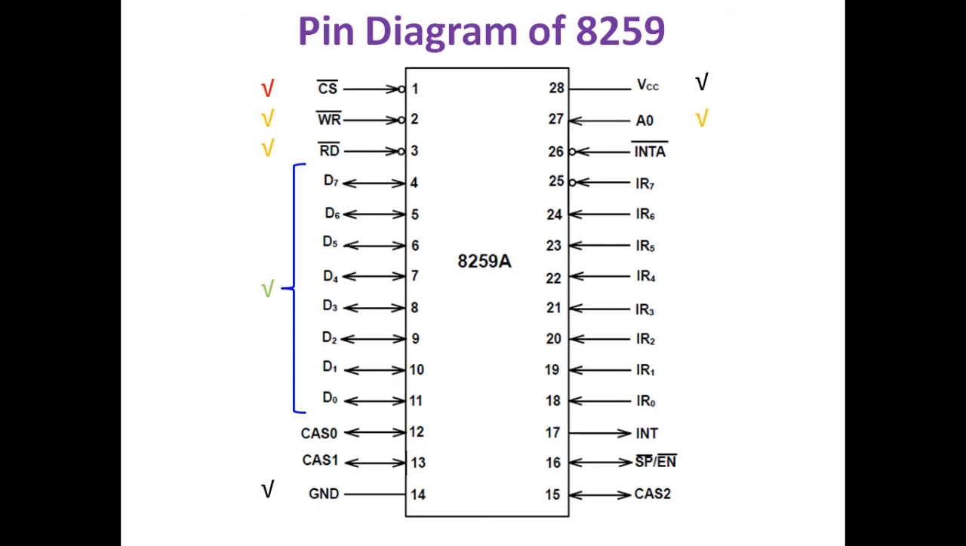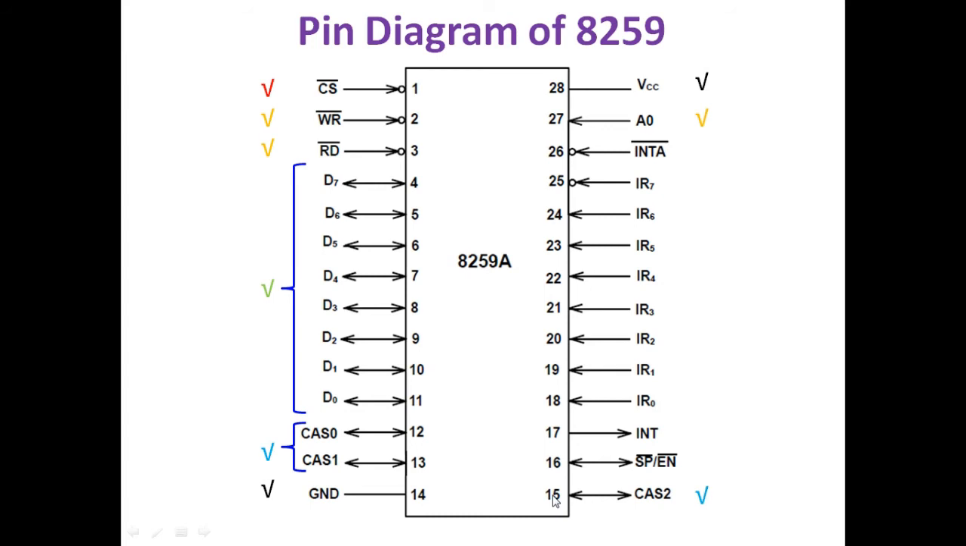Okay, next pins are CAS 0, CAS 1 and CAS 2. So here CAS is nothing but cascade. Okay, so here the three pins are bidirectional pins, CAS 0, CAS 1 and CAS 2. So these three pins are used whenever you want to introduce more than 8 number of interrupts in the system. Then in that case you can use these three pins, CAS 0, CAS 1 and CAS 2, to configure master